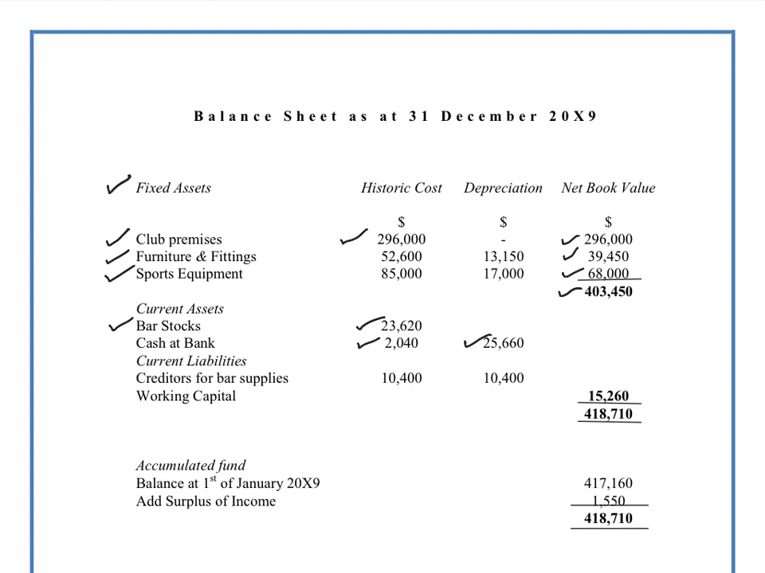If you have bought supplies for your bar and you haven't yet paid for them, but they're due within the year, that would be listed as a current liability. Just a creditor would be, again, as a sole trader or a partnership. So we minus that figure from our current assets, and it gives us a working capital of 15,260 and a balancing figure of